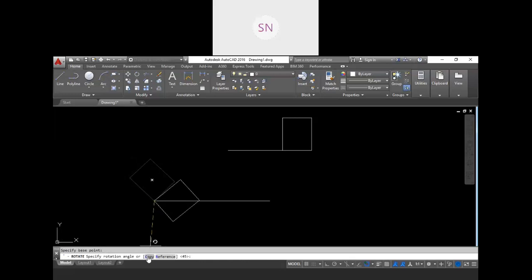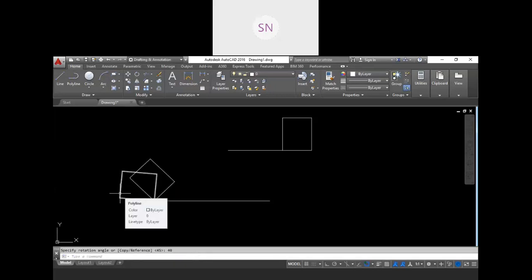Then we have one option over here, see, copy. If you click on that, then your original object will be there, and whatever value you are providing, let's say again 45, this will be your new object, right? See, we have a copy. So this copy option we also have.